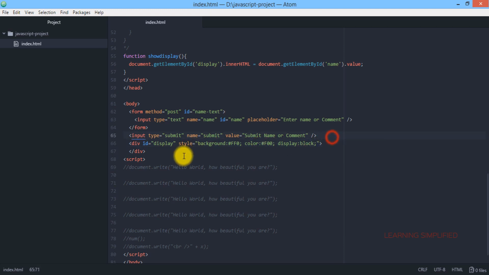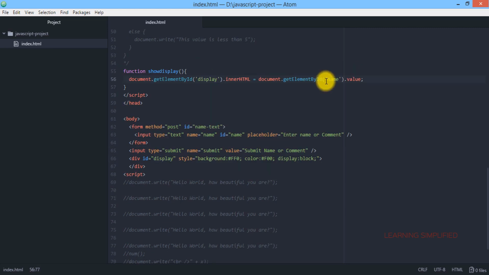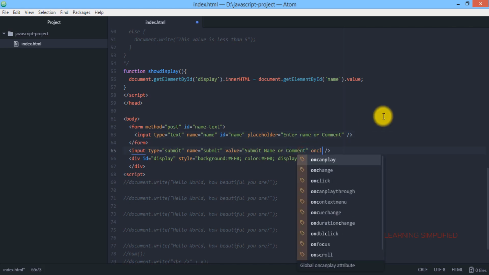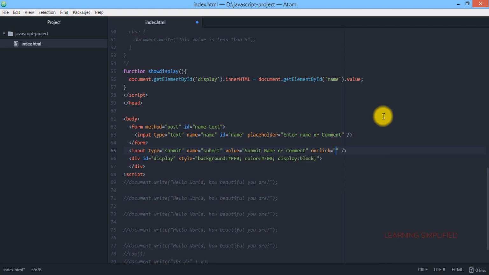Here it is. We have created the same exact ID name inside which the value retrieved by the ID name of name should be placed. So we have created almost everything, and the final part is that on clicking this submit button, it will call this particular function, which is known as show display.